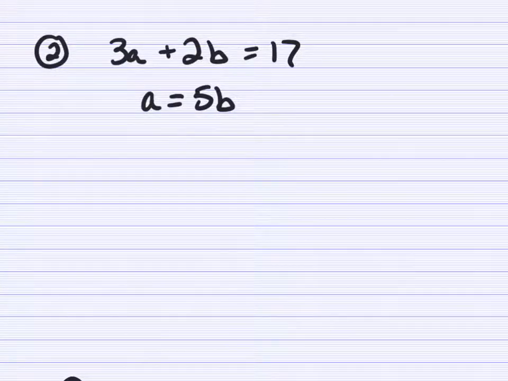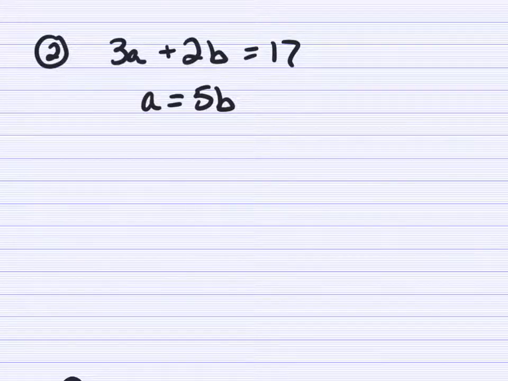Okay, with number 2, we need to look for a variable that is all by itself on one side of the equal sign. And does anybody see a variable that's all by itself? That's right. This a right here is all by himself. Well, since that a is by itself, we take out its twin up here. We scribble it out. Now, if we take out an a, we have to put something in of equal value,